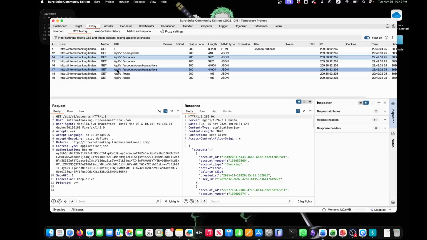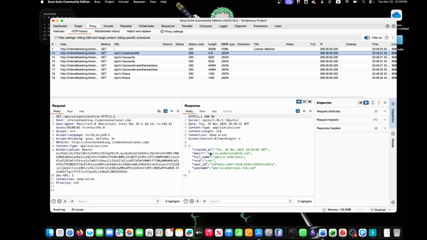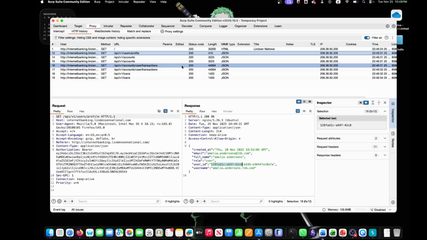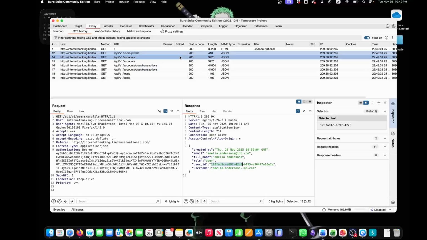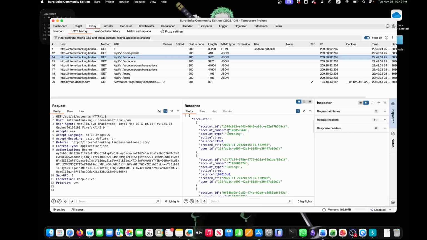Awesome. So we can see that we have some sort of API here, and one thing to notice is the email address. We have the user ID. So this is an application that is actually using IDs to map objects. That is one thing to note. For example, here we have an account number, but we have an object ID for it. So instead of it looking for the account number in numeric form that you can easily brute force, they're actually using account IDs which you cannot brute force.